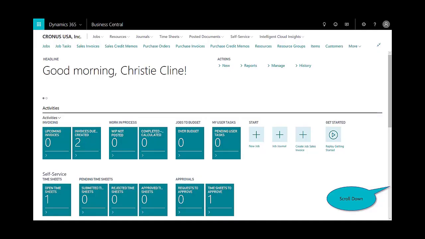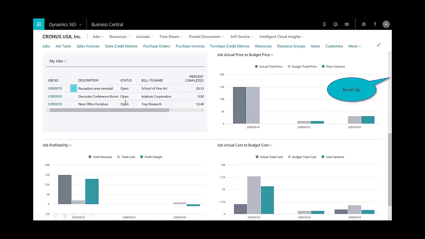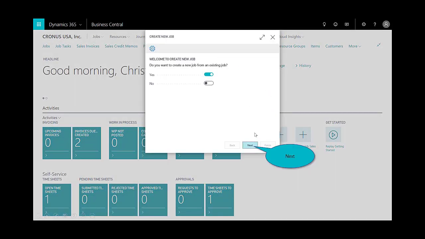So the first step is to create the job. So you'll see here I'm logged in a role-based homepage for the project manager. And you see again, I get context associated, the cues, the menus, the key tasks that are associated with creating a job and the integrated tasks and planning lines. We'll go ahead and scroll down and you can see my current jobs. I've got reporting and productivity or profitability on those particular jobs. We'll go ahead and scroll back up and you see right here, I want to go ahead and create a